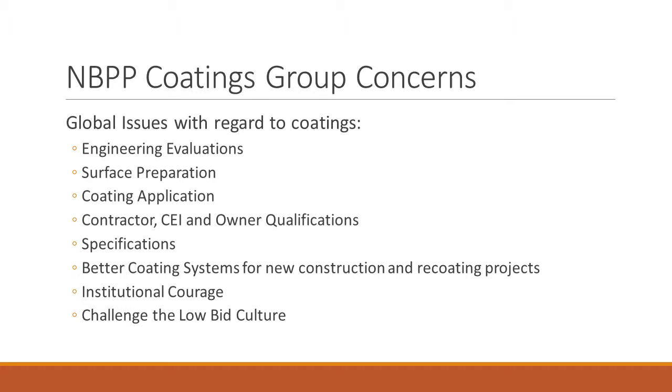There's a bunch of NACE people on my committee, and all they talk about is surface preparation, surface preparation, surface preparation. It is because, it's my understanding, that it probably results in maybe over 50% of the failures. Coating application. That's another one. If you don't do it right, it's not going to last,